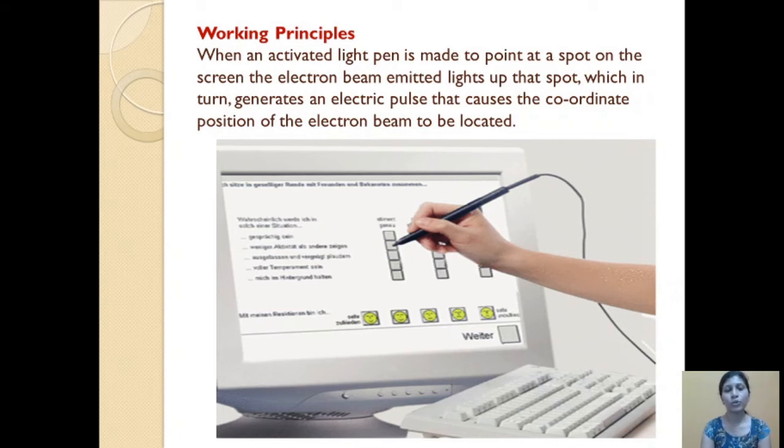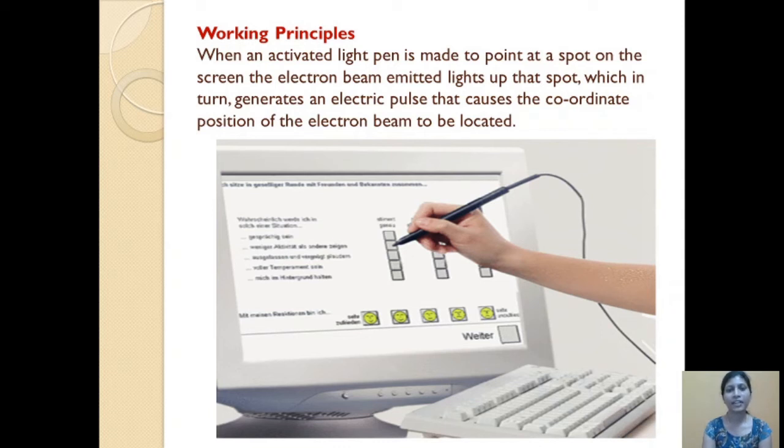If you want to write or draw anything, we can do it using the light pen directly on the monitor screen. We can write or draw the image on a touch screen monitor.